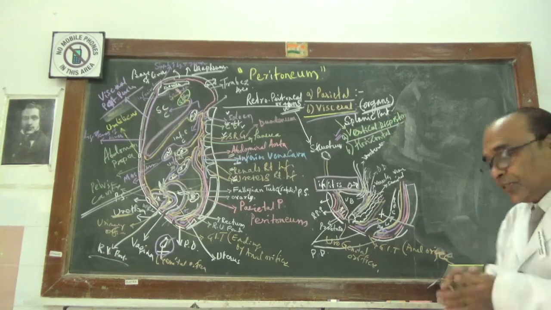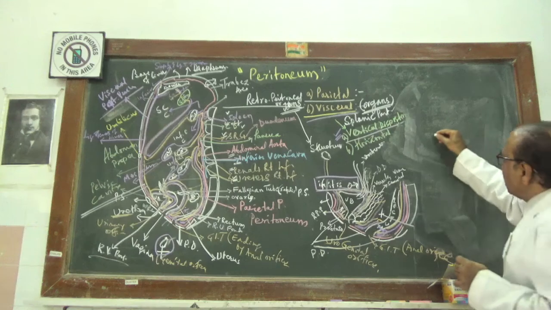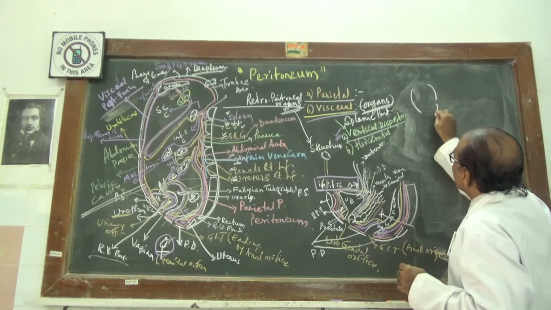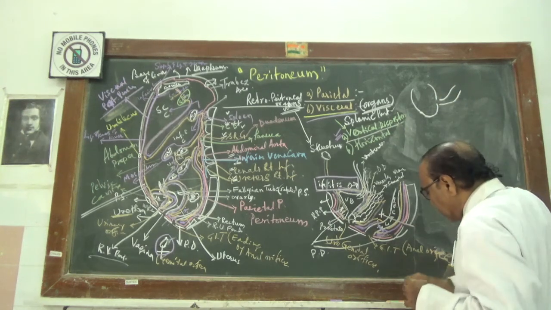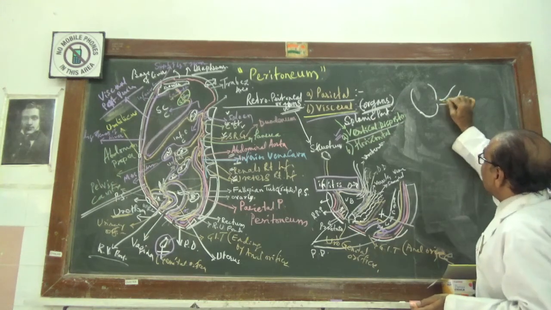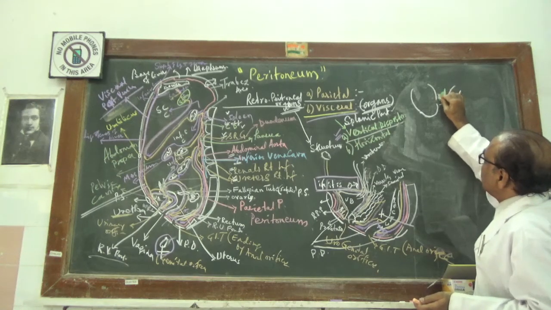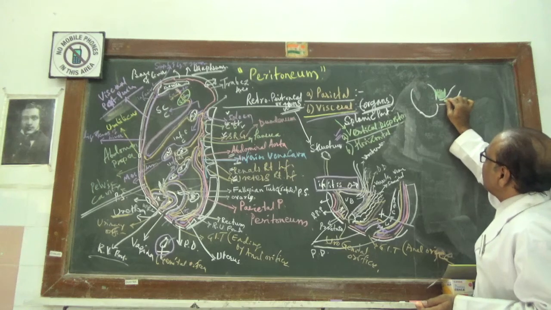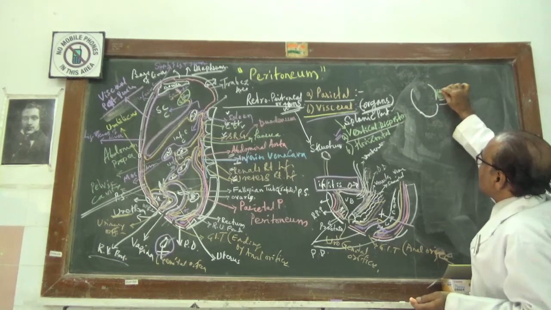Vertical dispositions. Now further vertical dispositions you will get: this is the cecum. This is the cecum. Now this is the terminal part of the ileum. This is the terminal part of the ileum. The ileum will have a mesentery. So this is the mesentery. Now this will get attached to the superior part of the terminal part of the ileum to the medial border of the cecum.